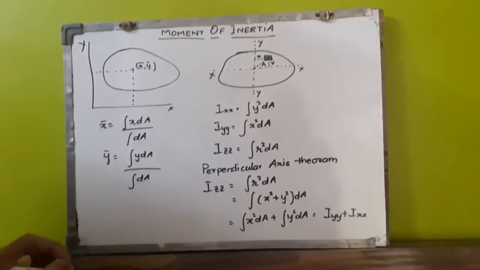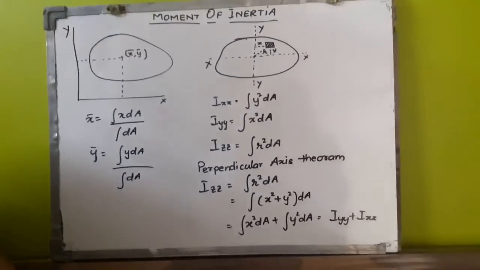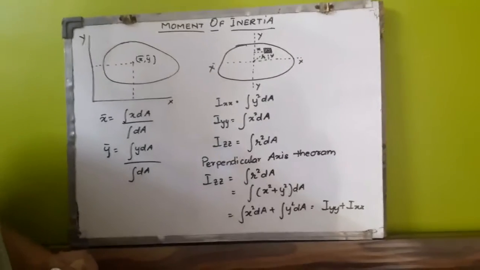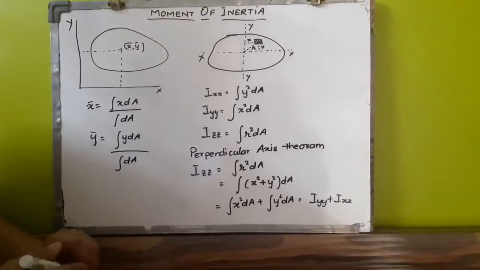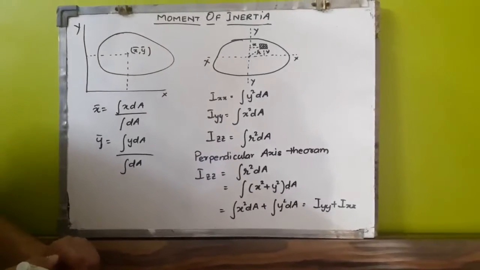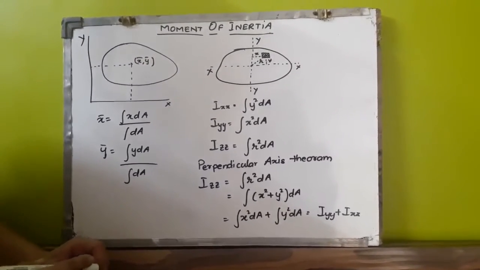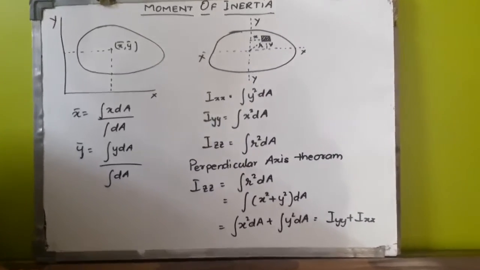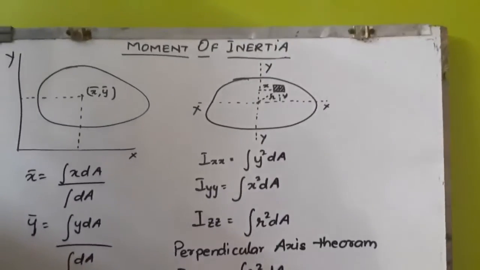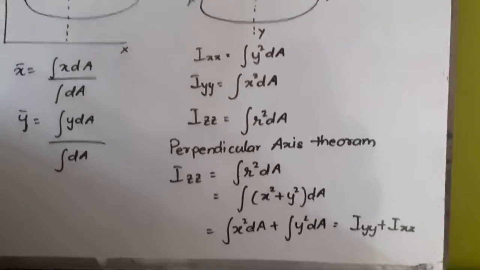So till now what we have covered is what is moment of inertia, how to calculate, what is centroid, how to calculate centroid of various bodies, what are the differences between centroid, center of gravity, center of mass, and we have solved around 4 or 5 problems. I have given you an assignment in which you need to find out the centroid of certain bodies.